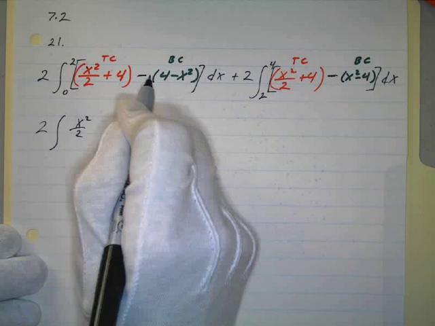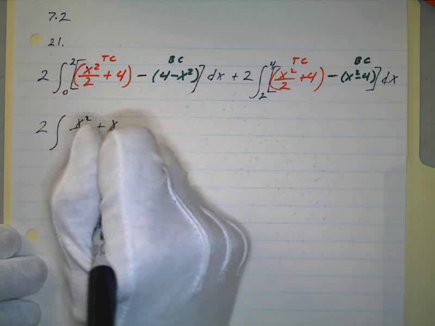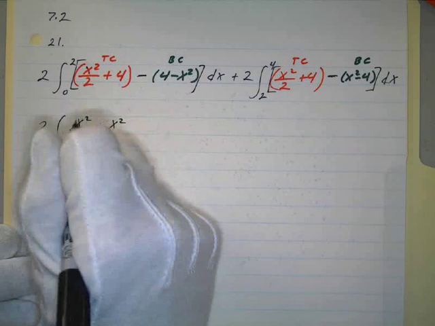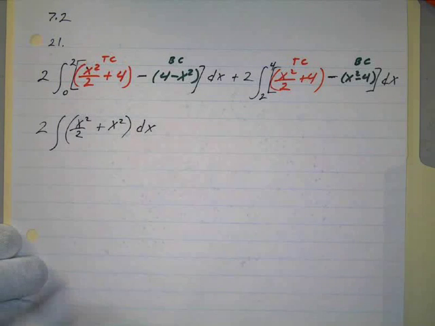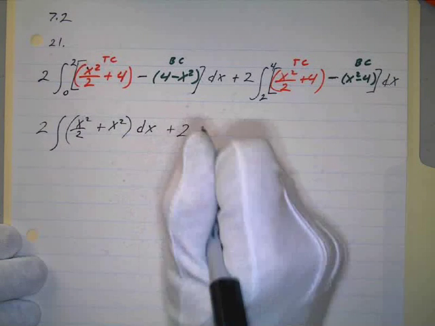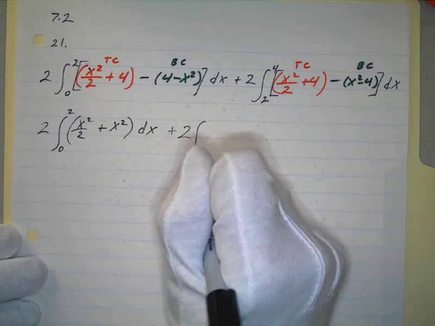Now 4 minus 4 just cancels, and that's negative times a negative is plus x squared dx, so that's nice. That removes a little bit of work there for a few terms, and that's going to be from 0 to 2, pardon me, and this is going to go the integral from 2 to 4, and